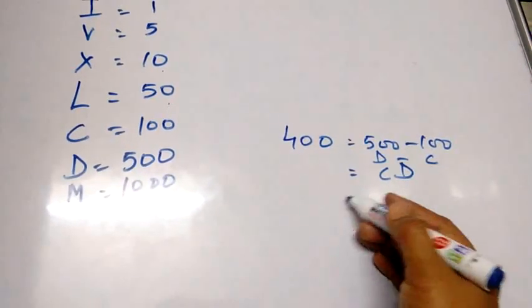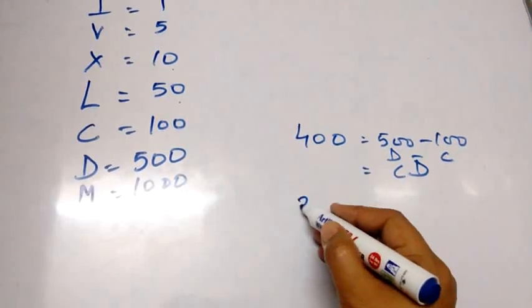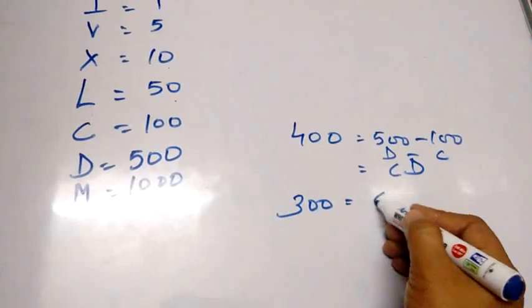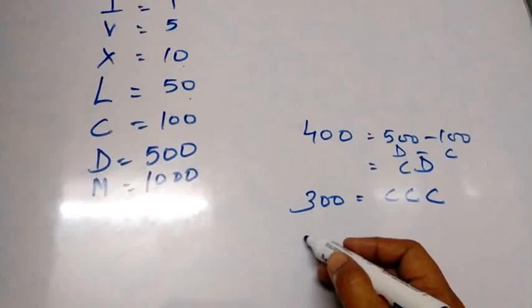And if you want to write 300, that will be C, C and C. Okay. Now